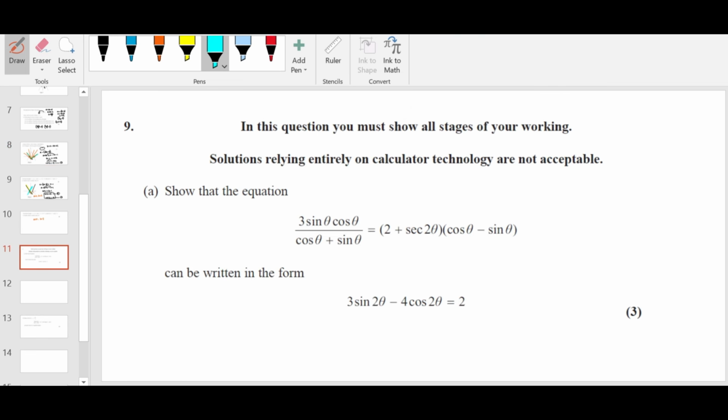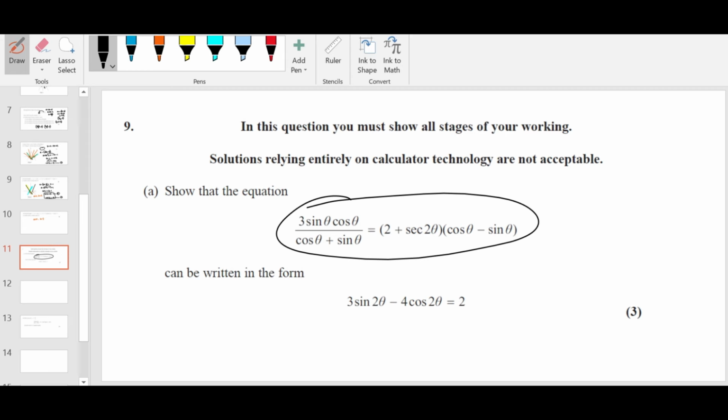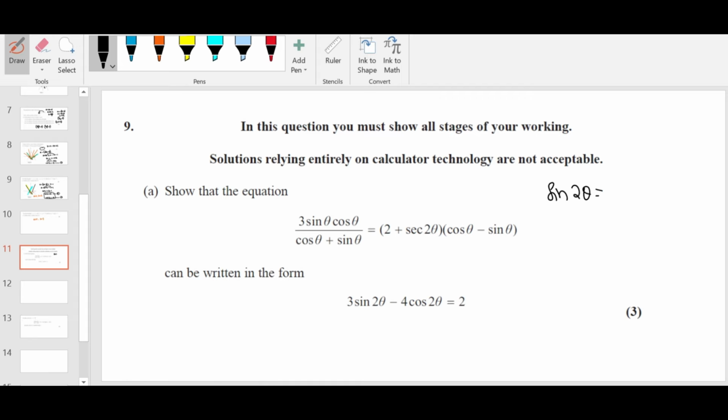Question number 9, show that this equation can be written in this form. We need to rewrite this whole equation. You need to take the whole equation, apply identities, and rewrite it in this form. So straight away I can see 3 sine 2 theta here. We know sine 2 theta is equal to 2 sine theta cos theta. You bring the 2 here, so we can write this as 3 over 2